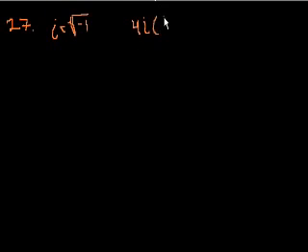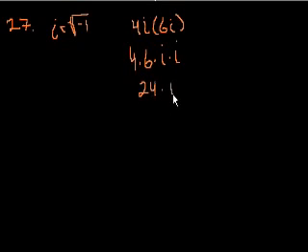We're on problem 27, and they tell us if i is equal to the square root of minus 1, then what is 4i times 6i? Well, multiplication's associative. You can switch the order around. So this is the same thing as 4 times 6 times i times i, or the same thing as 24 times i